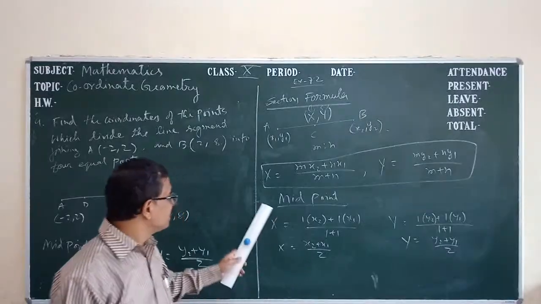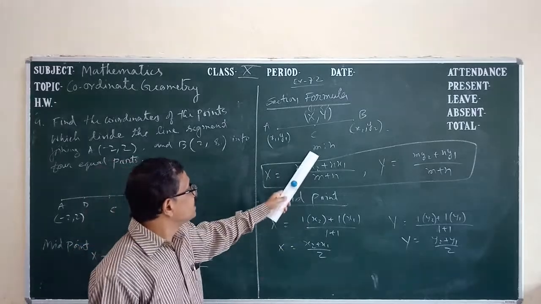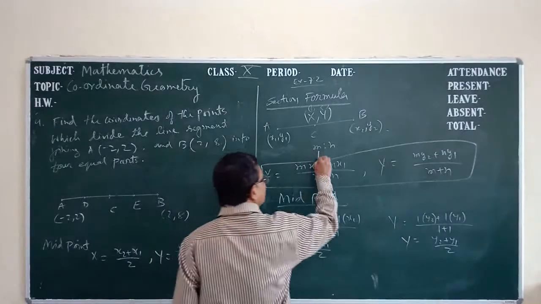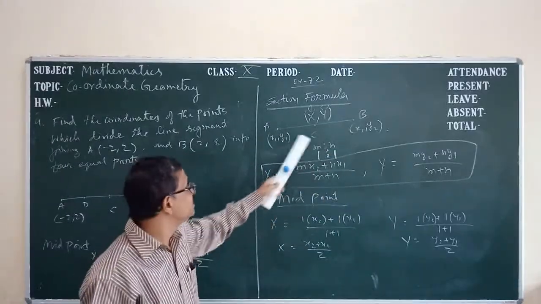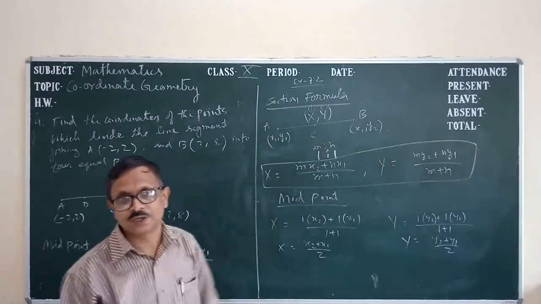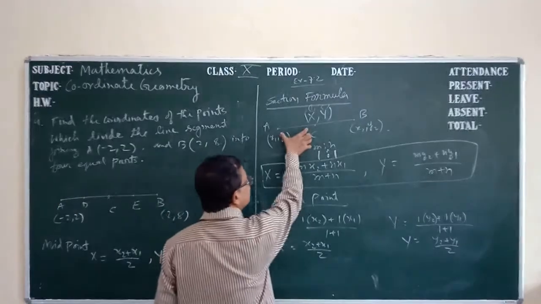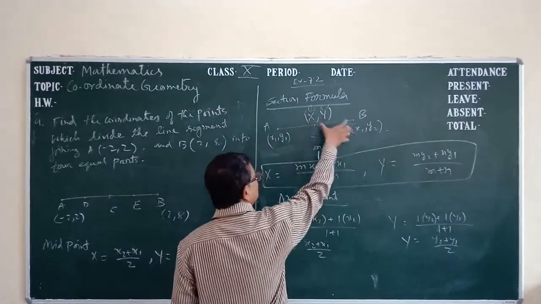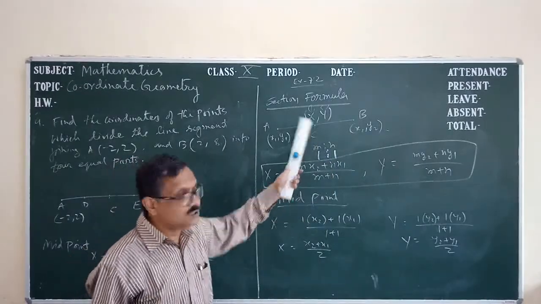In continuation of that, now you look at the midpoint formula. Midpoint means the ratio is 1 is to 1. When this is 1 is to 1, that means C is the midpoint of this. That means the ratio becomes 1 is to 1, so this is the half part. AC equal to BC, then the ratio is 1 is to 1. And this is the C point.